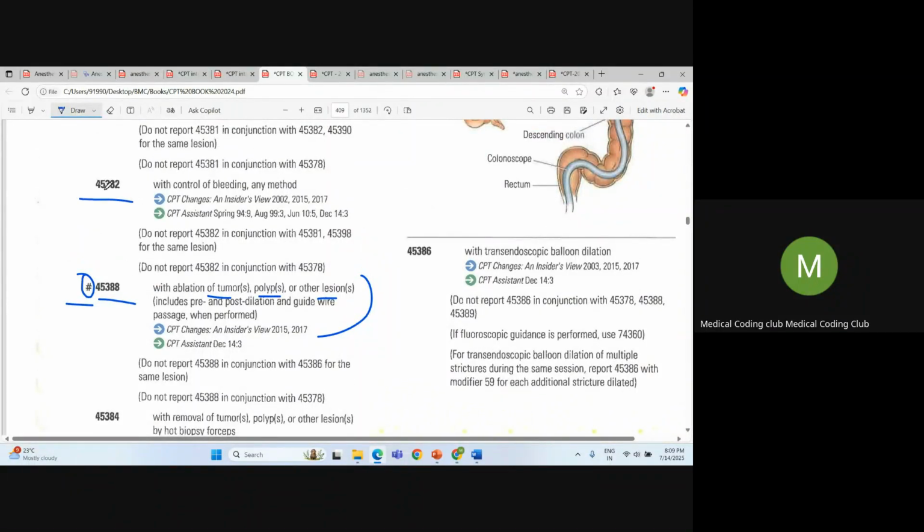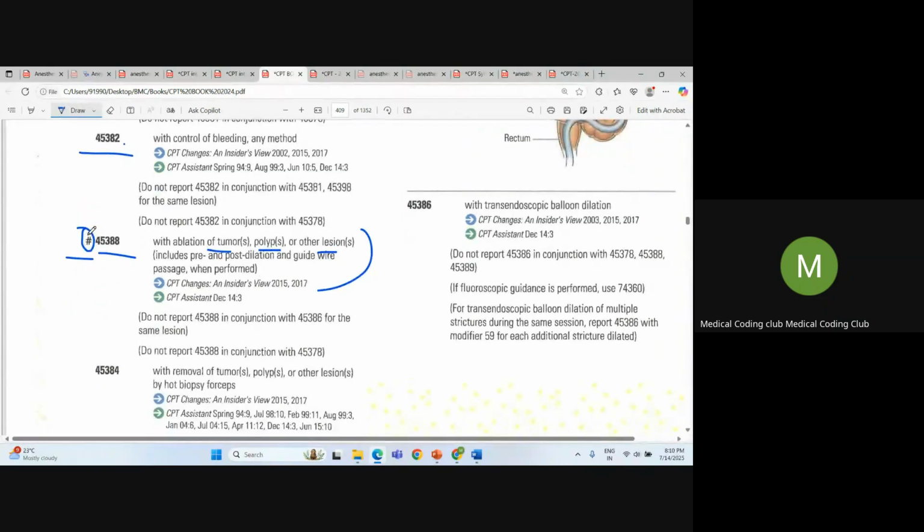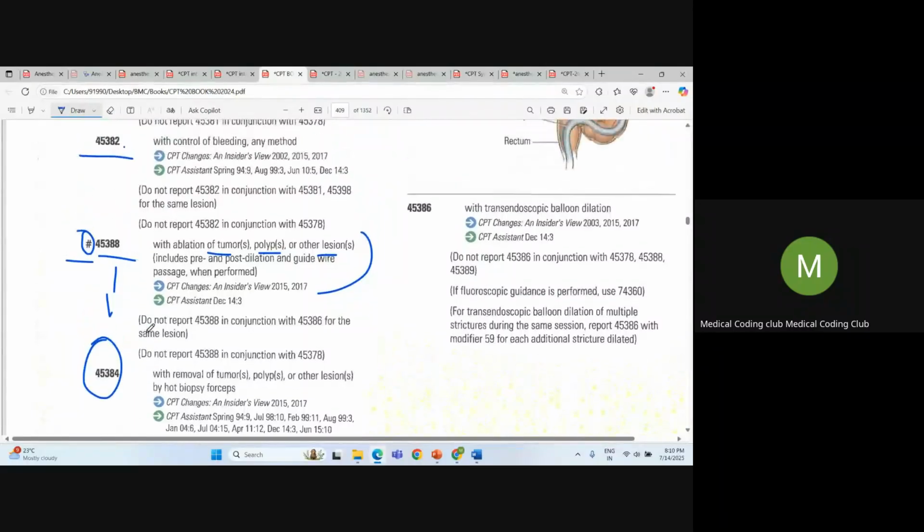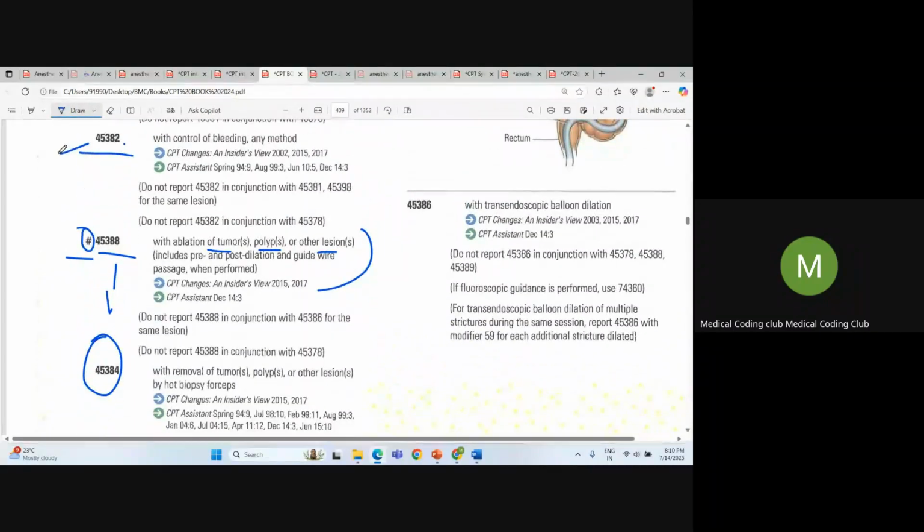Above code is 45382. In the middle, you have a hashtag code with 45388. And next to that, what is the code you are seeing? 45384. Okay, 82. And then